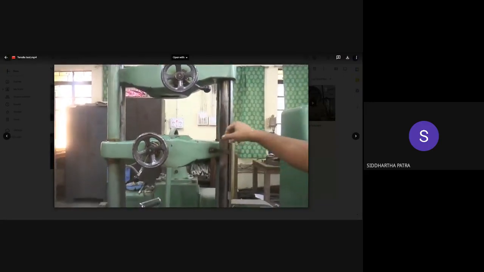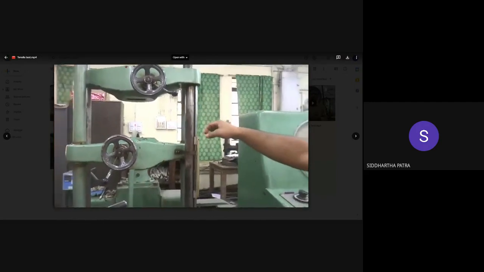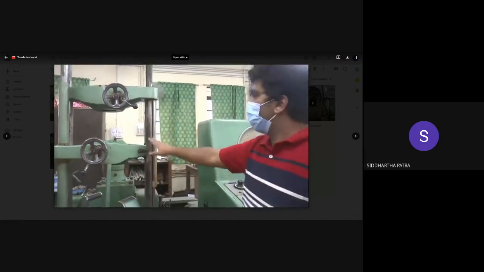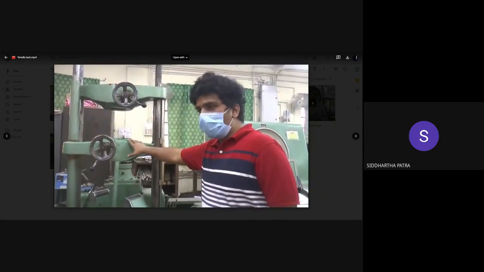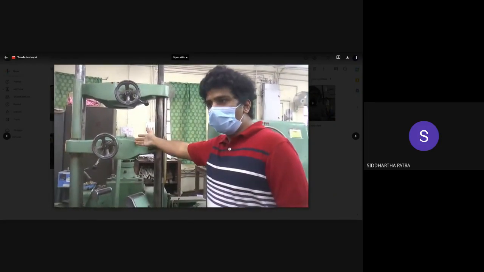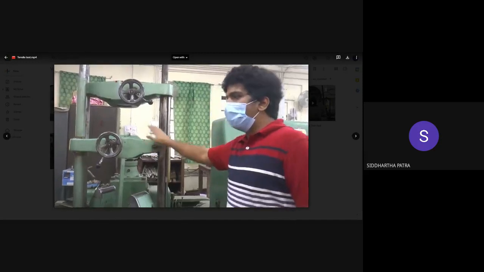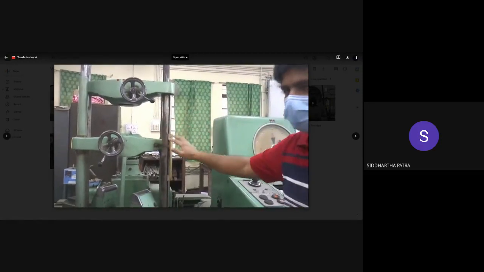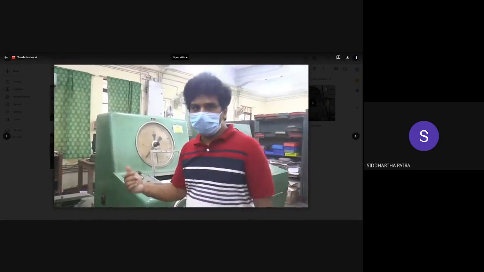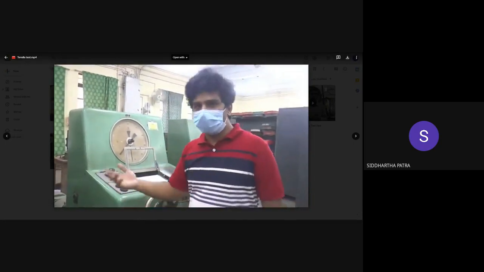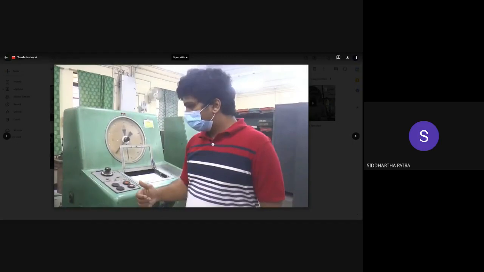So in this case, the specimen is a cylindrical specimen. We'll show you that specimen in a minute. It can be pulled down using the moving crosshead, and thereby the specimen will be under tensile load. And the two important things that we are supposed to measure here are the amount of elongation versus the amount of force applied, or vice versa.